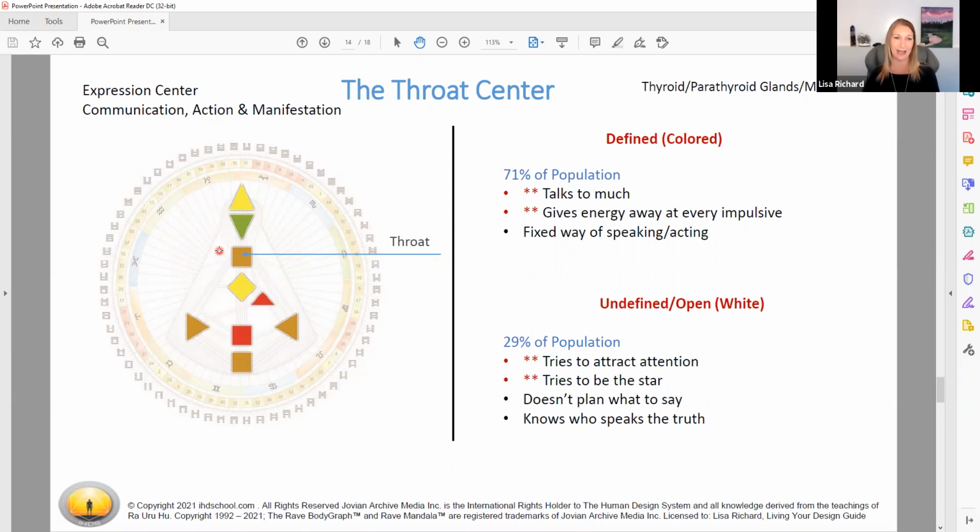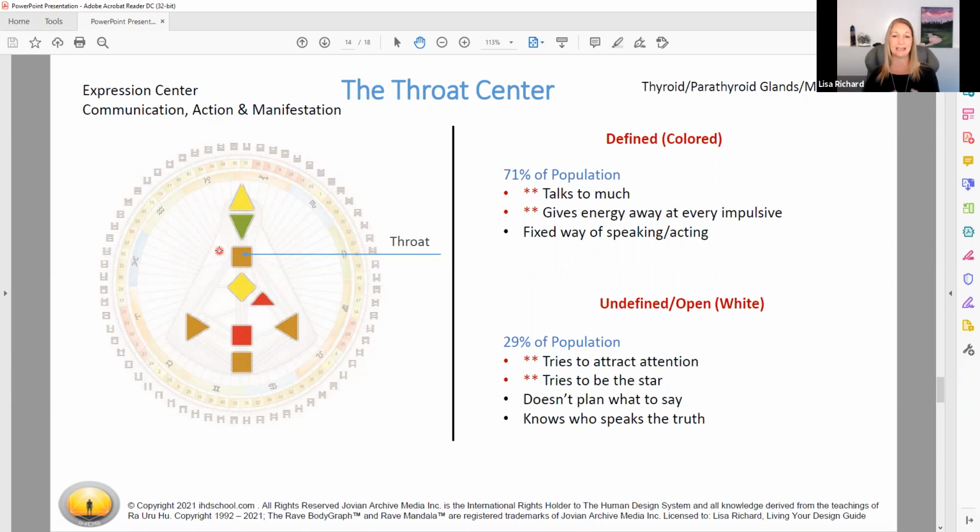This could be the child in the classroom who's been diagnosed with ADHD. And again, I'm not a doctor, I'm not a psychologist, but oftentimes if you examine their chart and they have that open center, chances are they just have so much energy, they need an outlet. This is where you can give them a piece of Velcro or something to touch, something to rub that energy off so that they have a way of getting it out of their body, of releasing without disturbing the rest of the class. It's just finding tools to work with their energy type as opposed to maybe diagnosing and putting a label on something that's not meant to be contained.